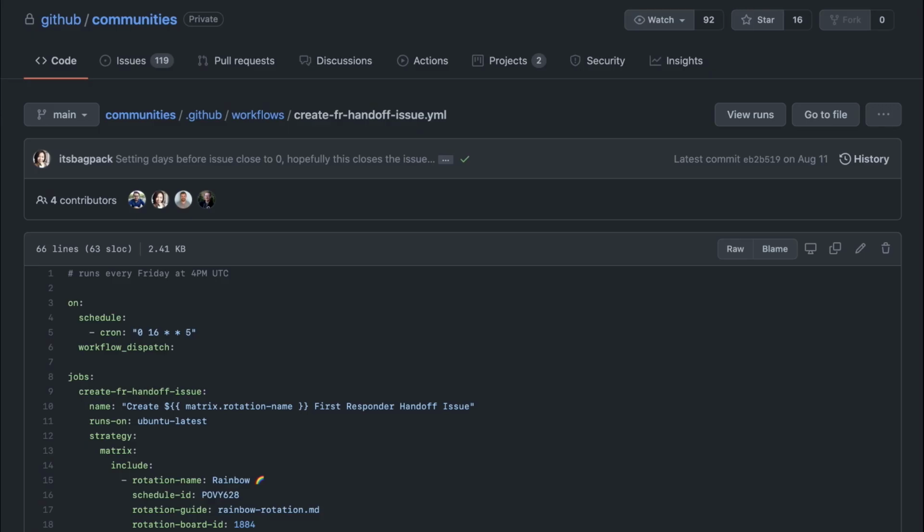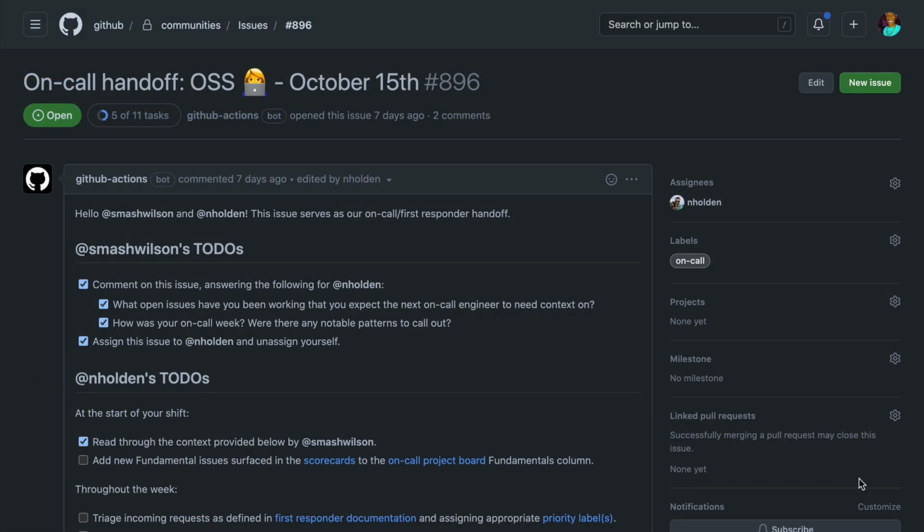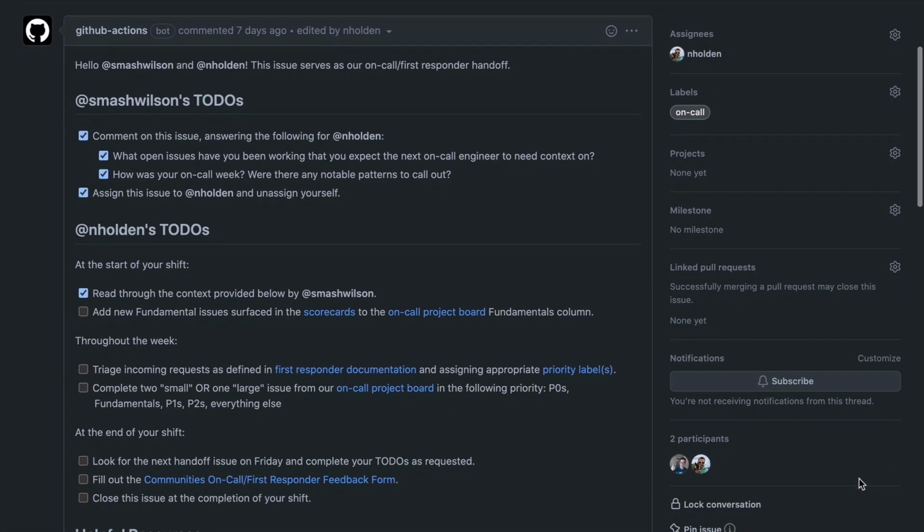Okay, so we've got one more that I think is personally amazing, and you're probably going to find it super useful if you're tuning in. A lot of teams use Actions to automate the handoff in on-call rotation. And here on the communities team, they open an issue that tags the right people and makes sure the right knowledge is captured on the new on-call rotation for the necessary context. This is so important for our teams across time zones to keep work moving forward.